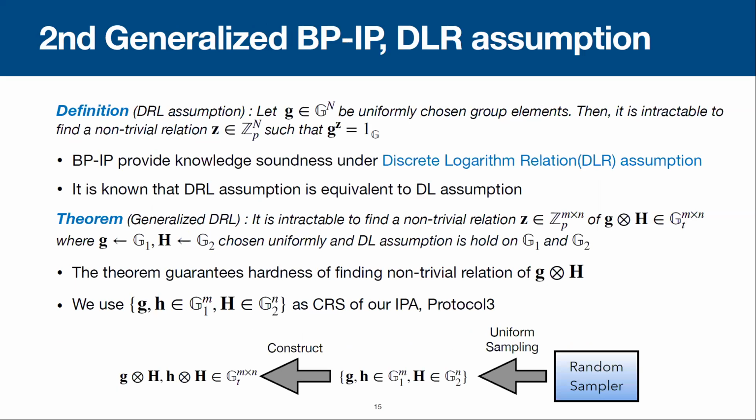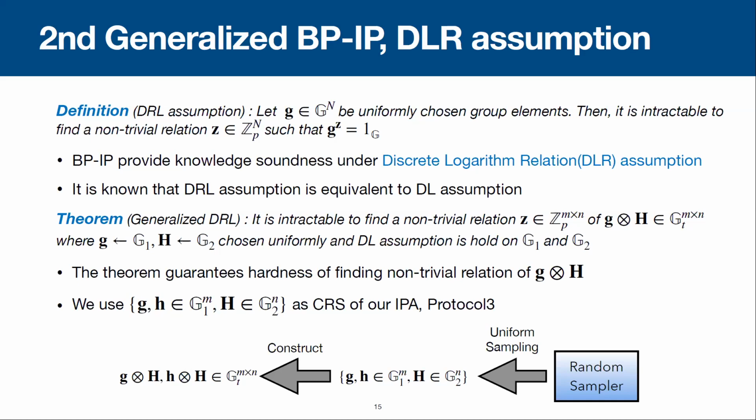BPIP provides knowledge soundness under the discrete logarithm relation assumption, and it is known that the DLR assumption is equivalent to the DL assumption. The DLR assumption is this: it is intractable to find a non-trivial relation such that g to the G is the identity. So we construct a new theorem. We state and prove this theorem for adaptive